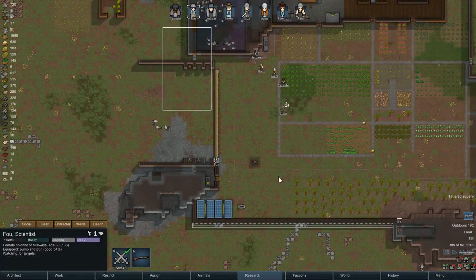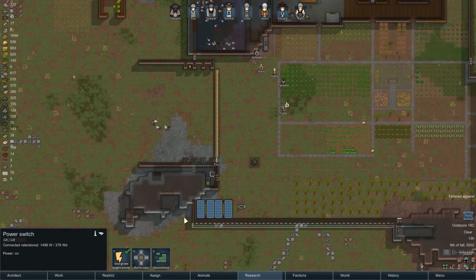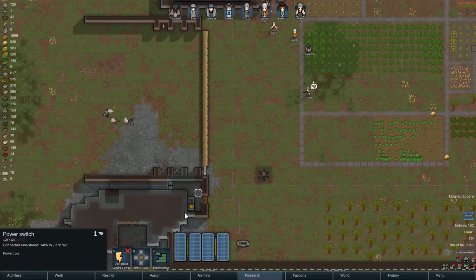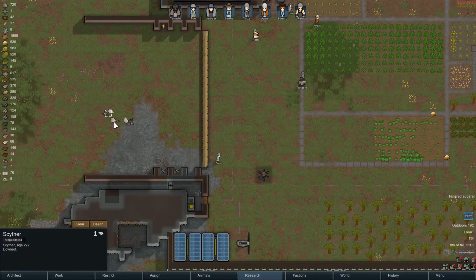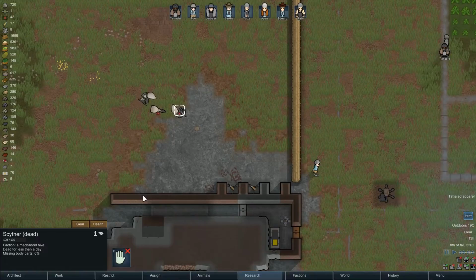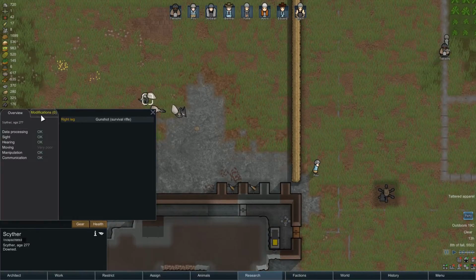No issues at all. Unrecruit everyone. Remember to flick the power switch. Let's see, what's the power like? We've still got positive. We still have a net gain of power. There we go. My mouth was going blip blip blip at the moment. And so that side is dead, that side is dead. But this one is incapacitated, so in theory...